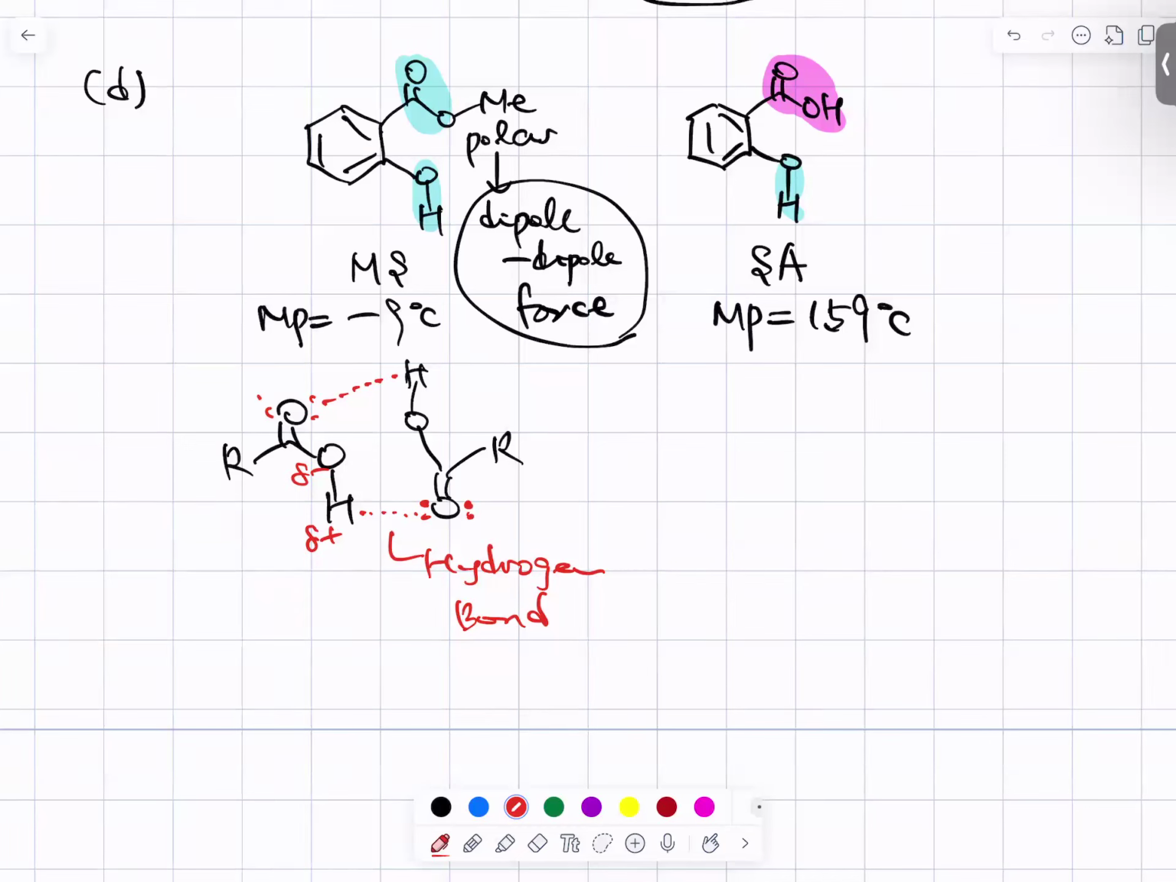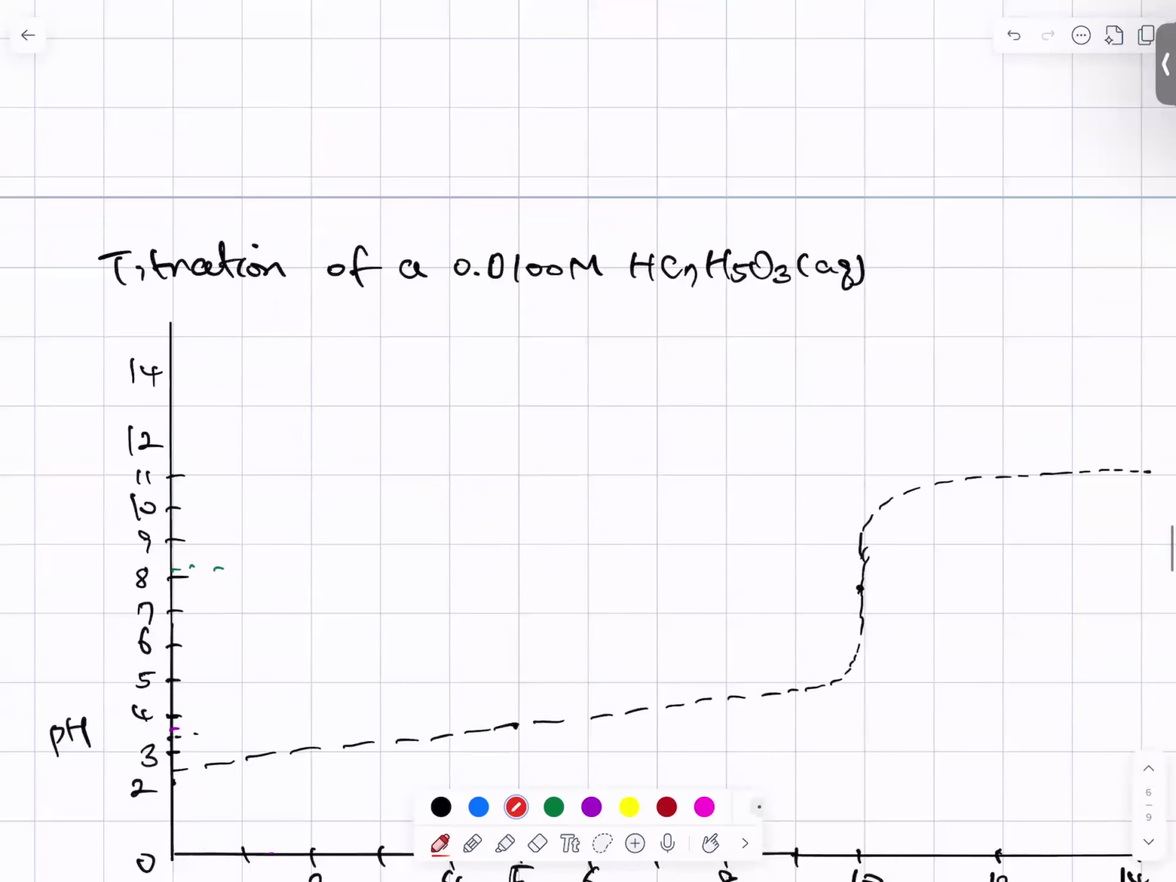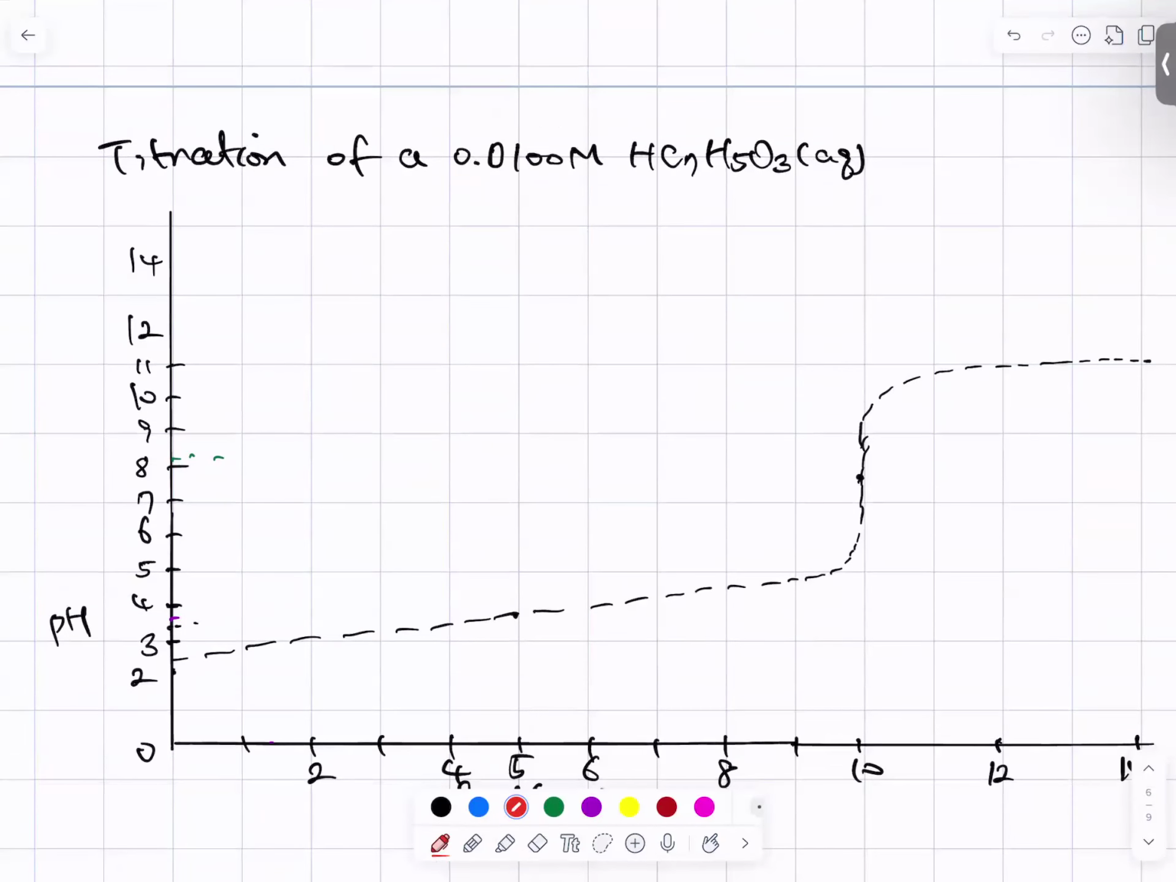So the difference, this large difference in the melting point, is explained by the double hydrogen bond present between the molecules of salicylic acid. This is missing in methyl salicylate. That's why there is a large difference. Now let's move on finally to titration. Here, a student titrates 20 ml of 10 millimolar salicylic acid with 20 millimolar sodium hydroxide, and then